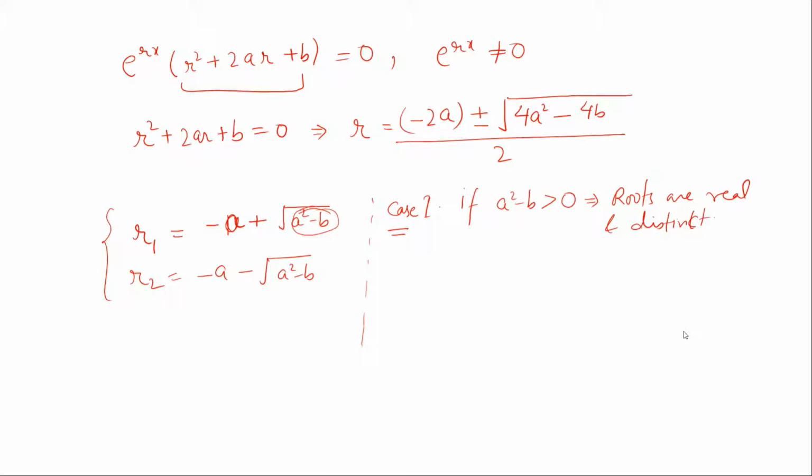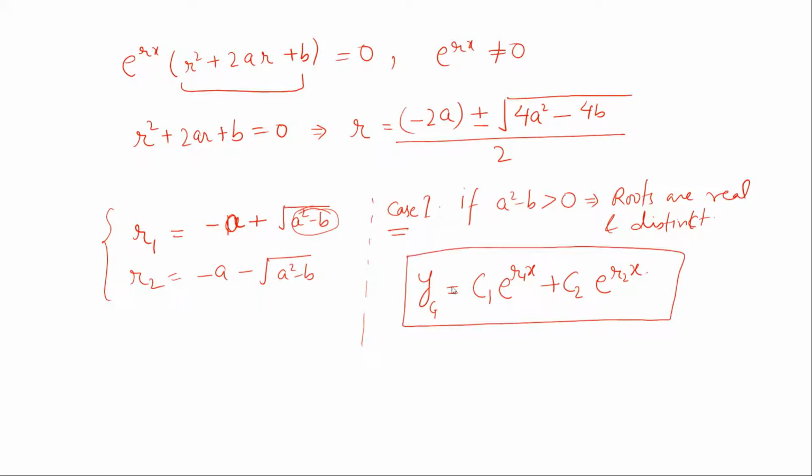Okay, so r1 and r2 would be like this. Then the homogeneous solution, general solution for this, would be equals to any constant c1 times e to the power r1 of x plus c2 times e to the power r2x. We will get this as a general solution. Case 2, if a square